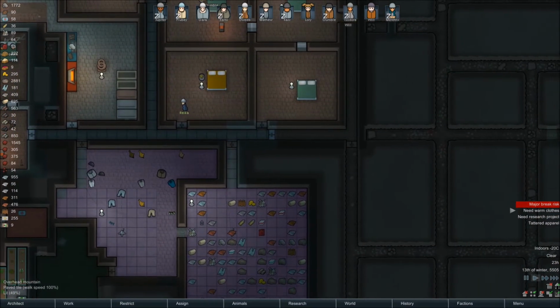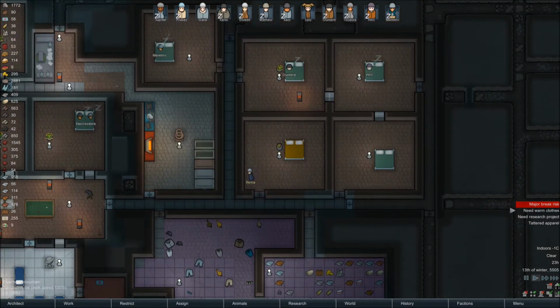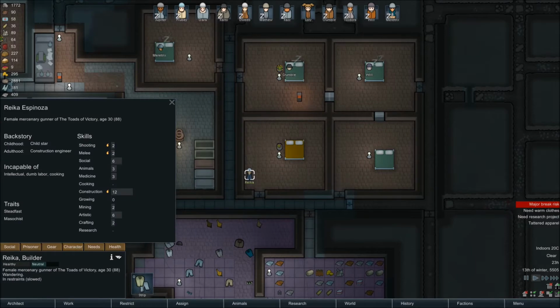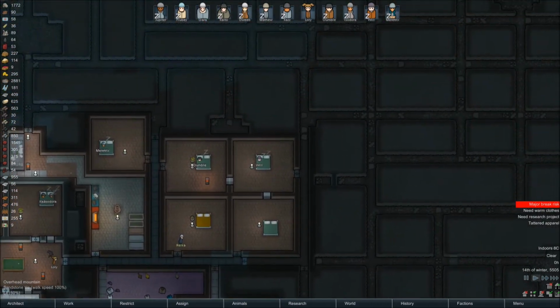So we've still got Rika in the prison. She's being fairly stubborn. Female mercenary. She's 30 years old. But what we do have is